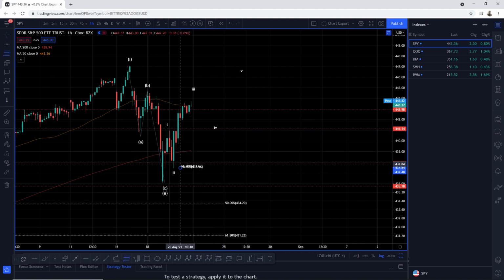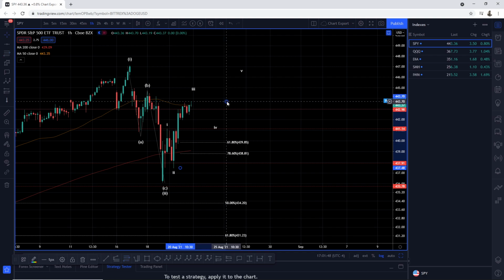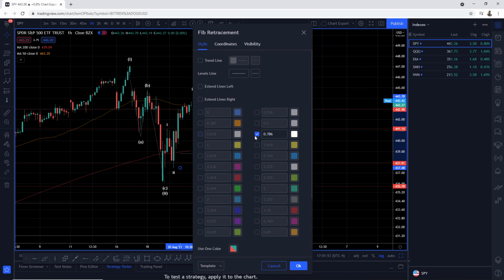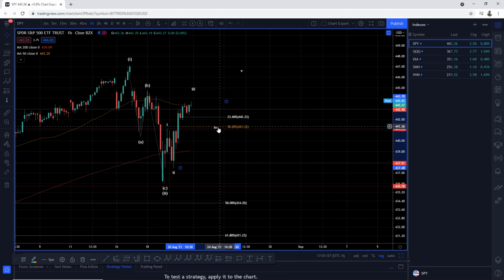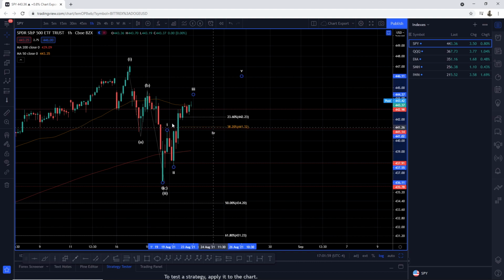Let's take our fib retracement tool and let's take it to the high. Theoretically speaking, if that was to be the end of it, right? And our targets here should be the 23 and the 38. Now, the 38, as you can see, does not go below the wave 1. So that gives me a little bit more confirmation that this is perhaps what we're looking for. Because if the 38% were to fall below the wave 1, then perhaps this isn't really what we're looking for.